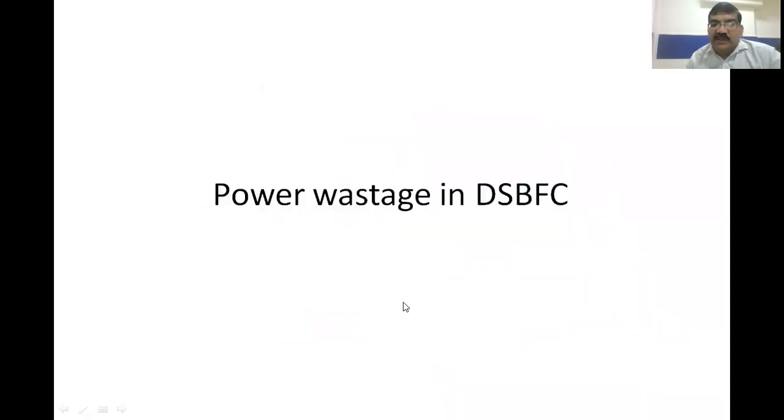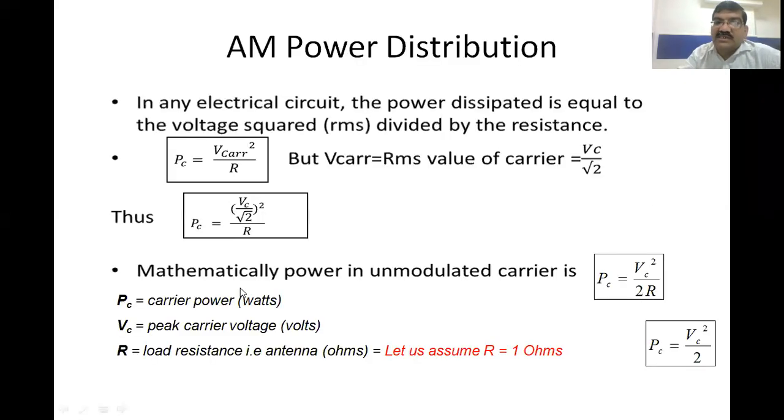So we will go one by one. One parameter we will try to analyze: what is the power in the entire amplitude modulation, what is the power wastage here, and how we can save that power, how much power we can save. So that we'll discuss. These things we have already discussed, so this is the same repetition. If in the exam it is asked about the AM power distribution in any of these three, you have to start with this, and then you can say mathematically what is the power saved.